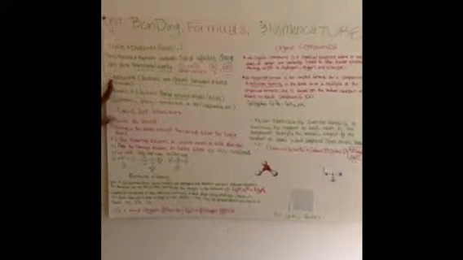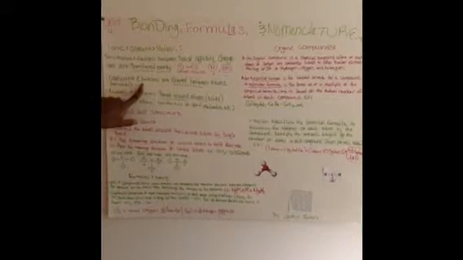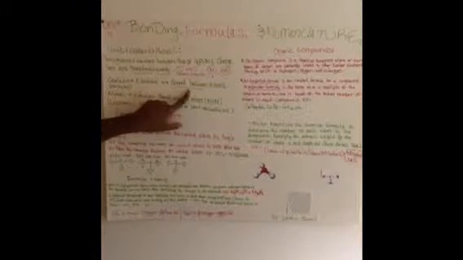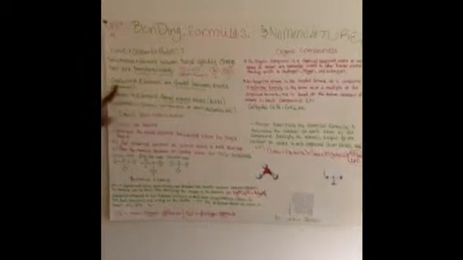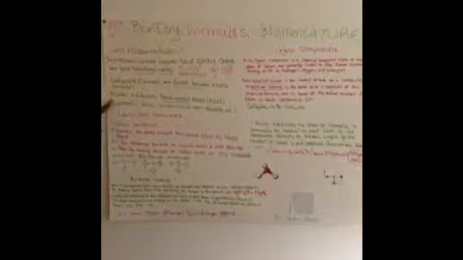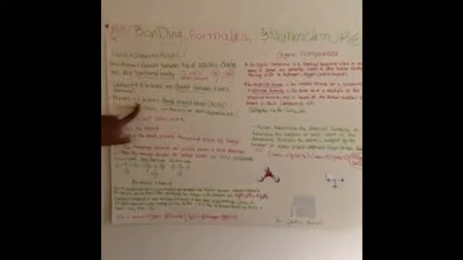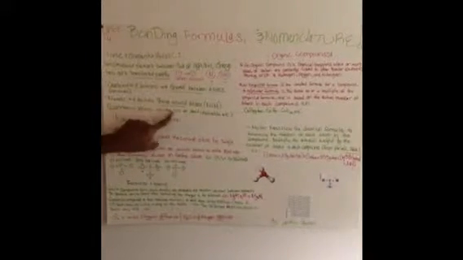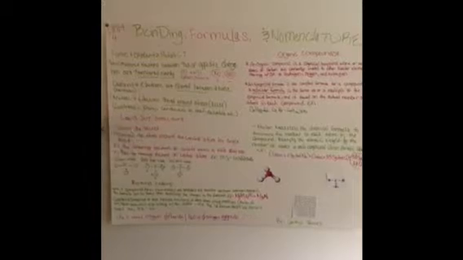Covalent bonding is electrons that are shared between atoms, and they are nonmetals. And metallic bonding is electrons that are shared around atoms, and they are both the same